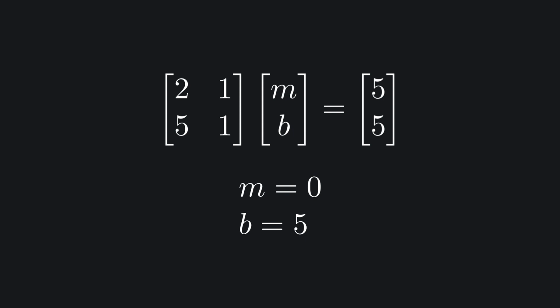M is equal to 0 and b is equal to 5. This works because the matrix is square and it is invertible. By the way, if you are unfamiliar with this kind of matrix multiplication, don't worry. I'm leaving a link to a refresher in the card above, but you do not need to understand it to follow the logic of the argument. Knowing how to compute the matrix multiplication is only required if you want to do the computation yourself.